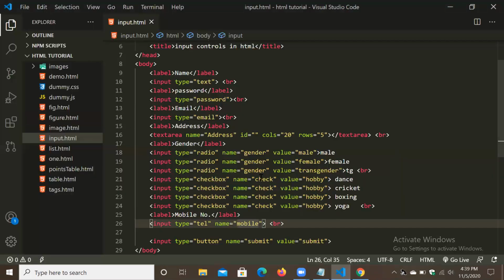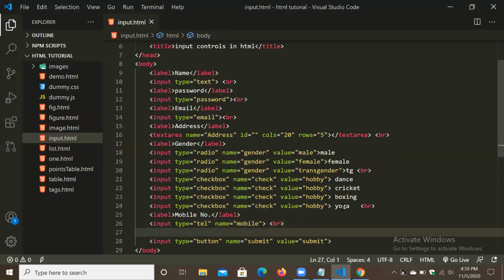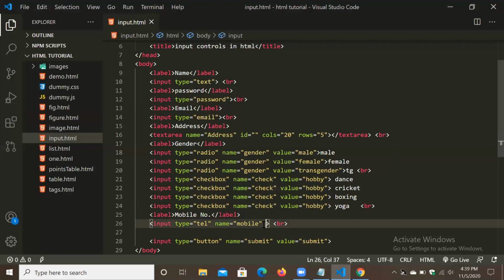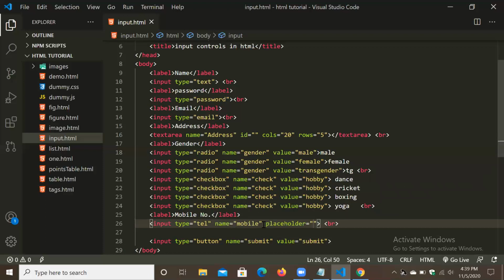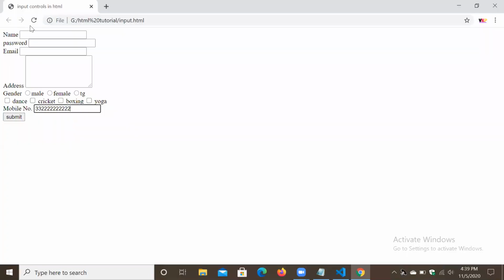Okay, so next thing, we can add a placeholder also. For example, as I use placeholder here, we should put the name mobile. Okay, so refresh, look what happened. In place of mobile number there is a placeholder mobile. So it will indicate to us that this field is for mobile, so it is very useful.